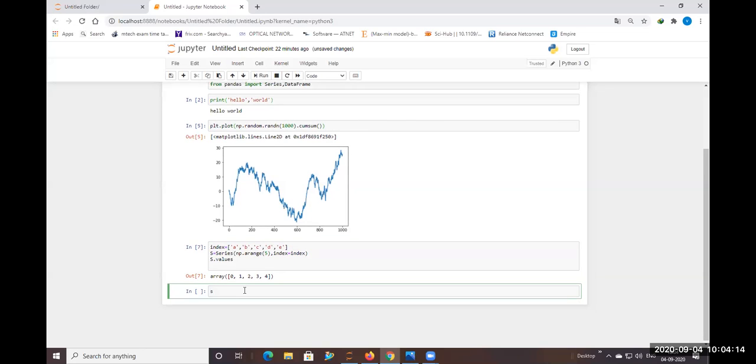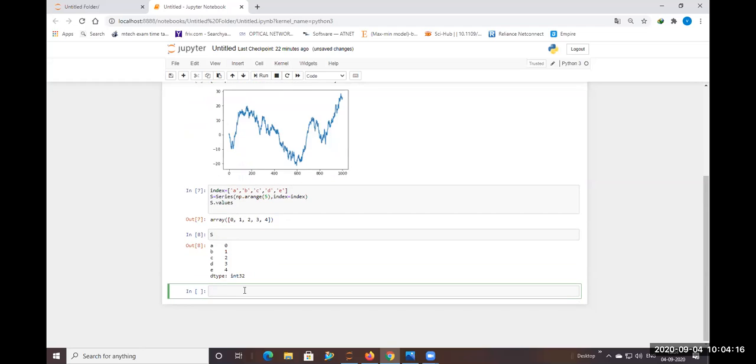Or else if you write only s, to see the values assigned to A, B, C, D and E, you can give the input s directly so that it gives the set of values assigned to the variables.